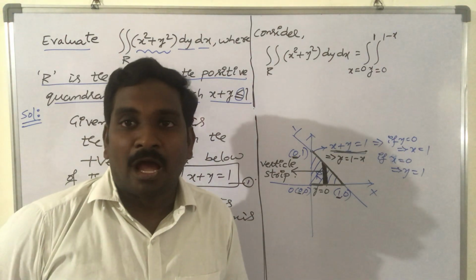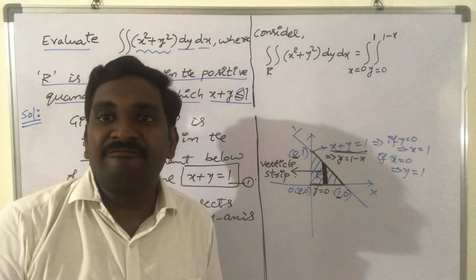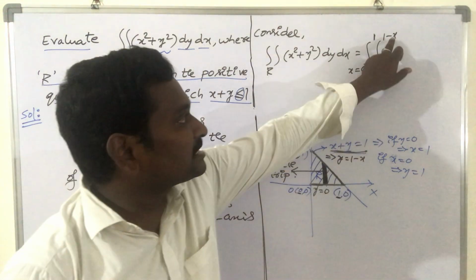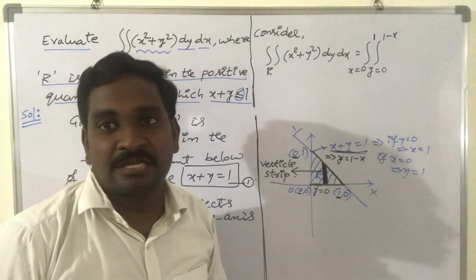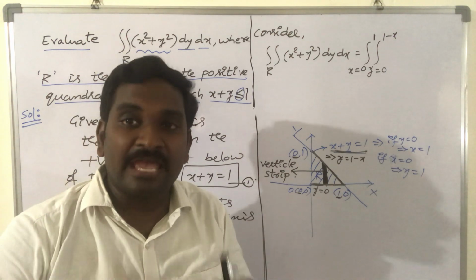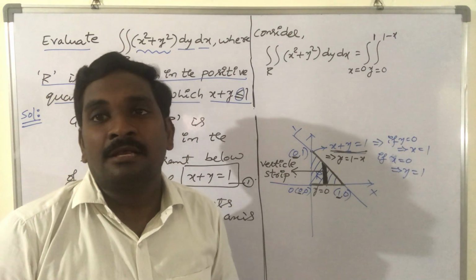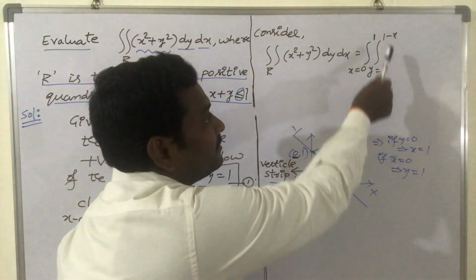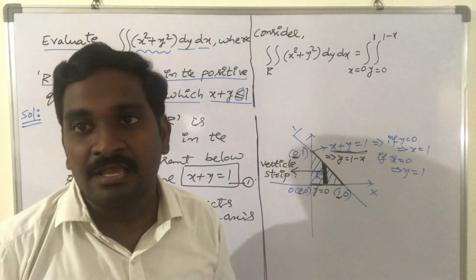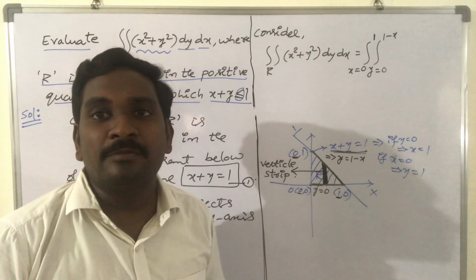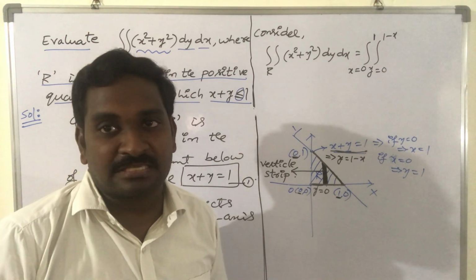Okay. Almost in each and every problem on double integral over r, the y limit should be in x and the x limit should be constant. If the given region is like a square, otherwise a rectangular box, in that case only both limits of x and y limits are constants. Okay. In all other cases, the x limit should be constant and the y limit should be in terms of x. Don't forget it.